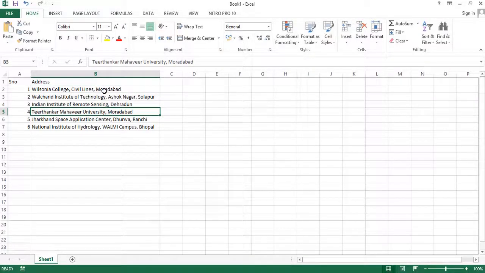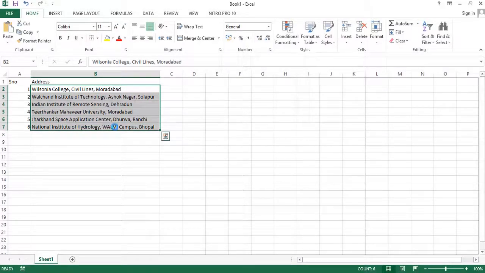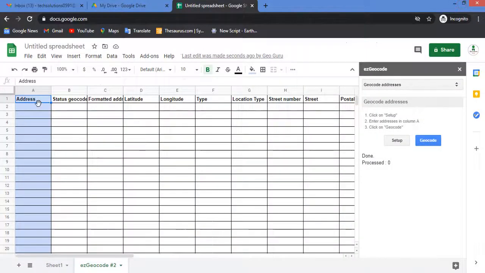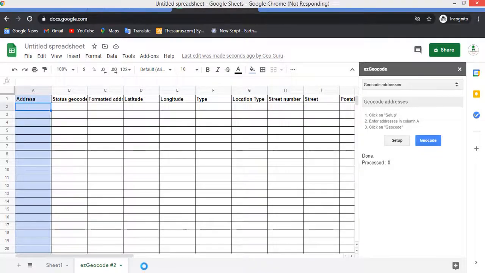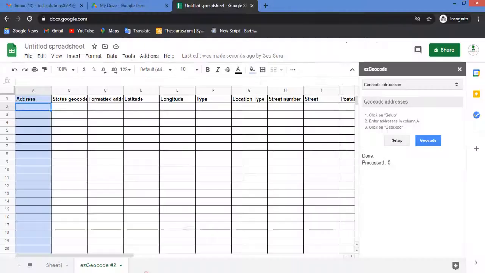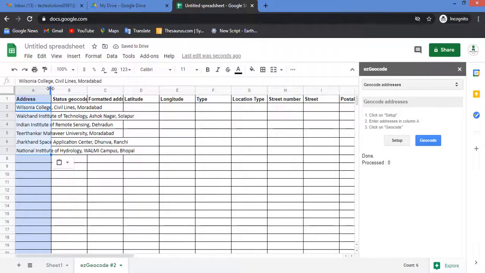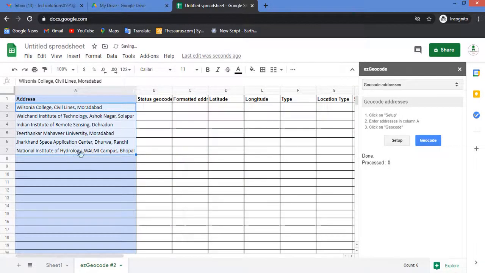All these addresses belong to tier 2 or small cities or towns of India. So I just paste them here. Yes, it has come up.